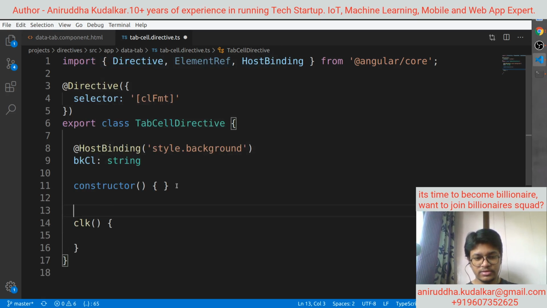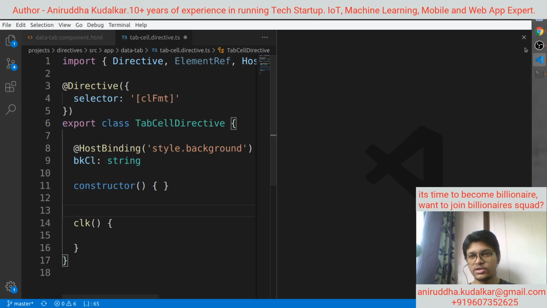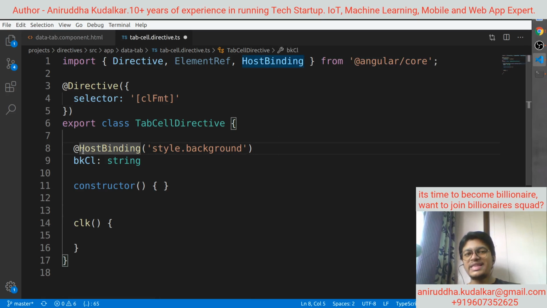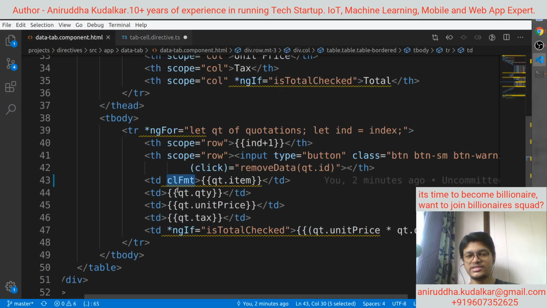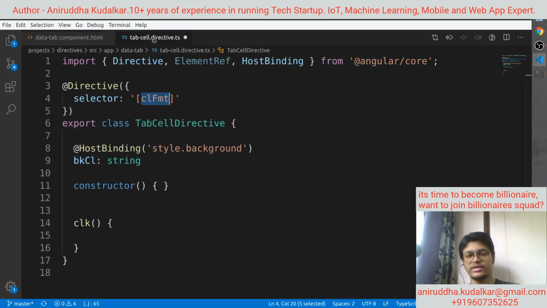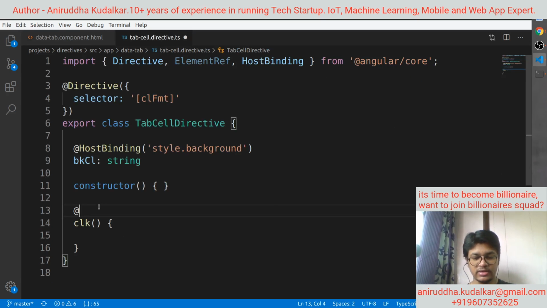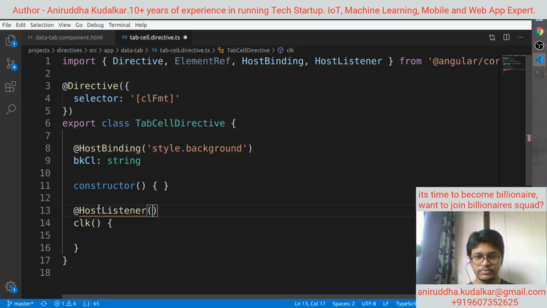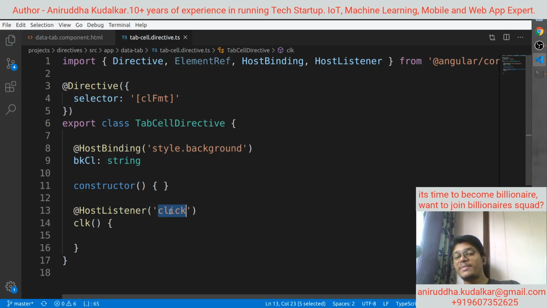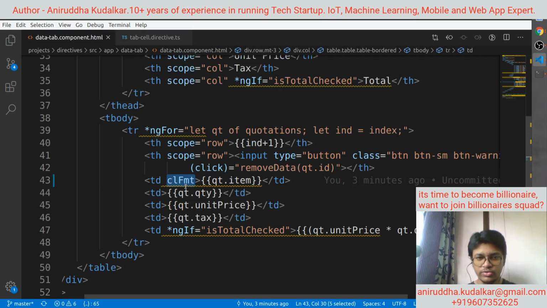And here you can attach @HostListener. Host means that element on which you have attached this CLFMT. So in this case it is TD, you have attached CLFMT on the TD. Here I can say @HostListener, and which event you need to bind with, I can say click event. Remember that this is an event binding and this is a property binding. Do you remember we have seen style in the property? So doing this thing is similar to writing like this,